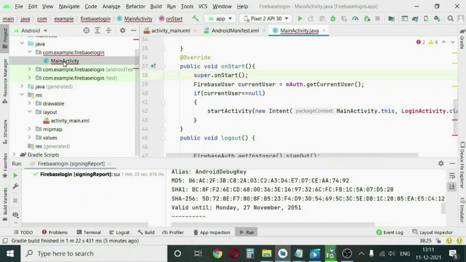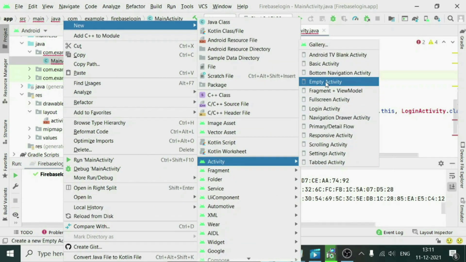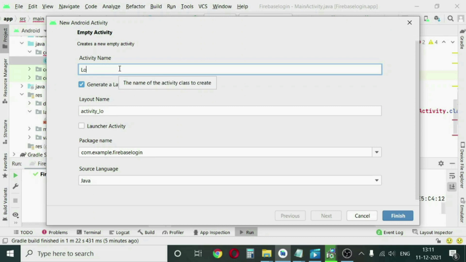Now let us create an empty activity and name it LoginActivity. Click finish.